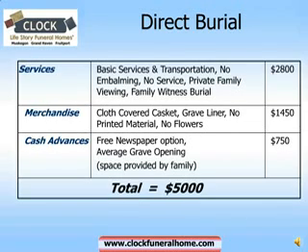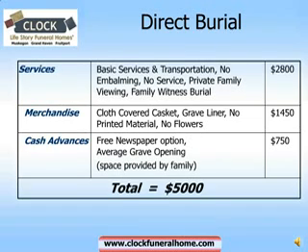This is a direct burial. It's the least expensive and simplest type of burial service. This includes basic services of the funeral home and transportation. There is no funeral service or no public visitation, and the body is not embalmed. But the immediate family may have a private family viewing and then witness the burial. I've included an inexpensive casket and a cement grave liner and an average grave opening of $750, bringing the total